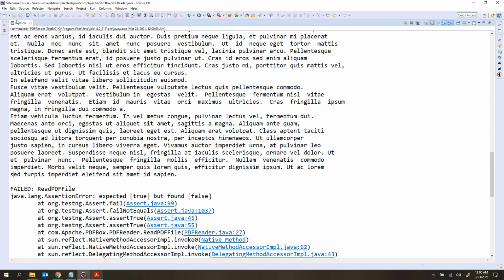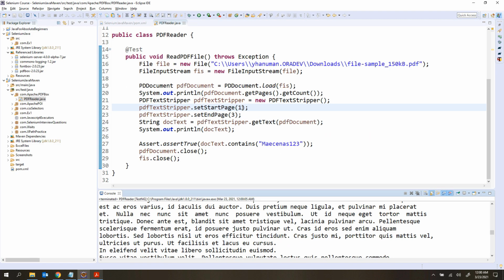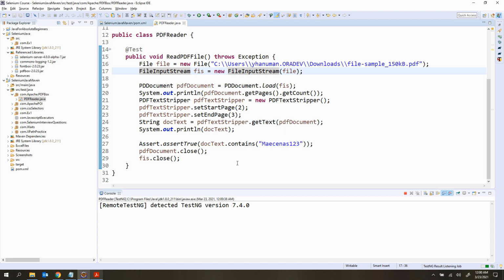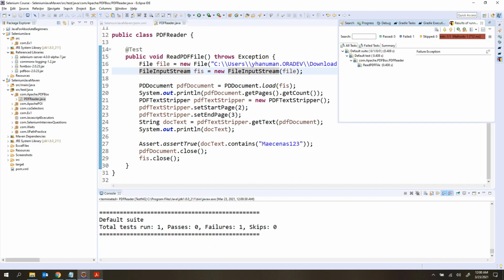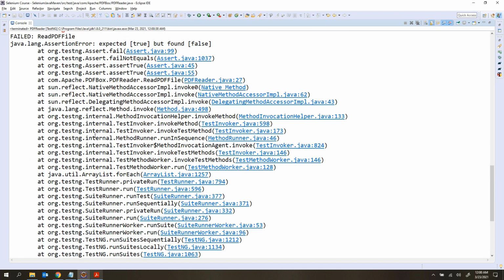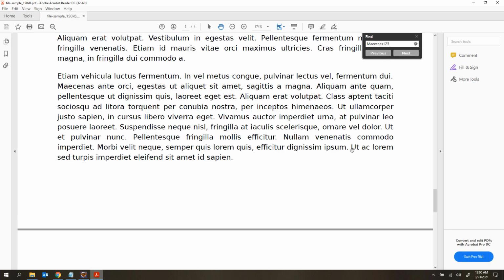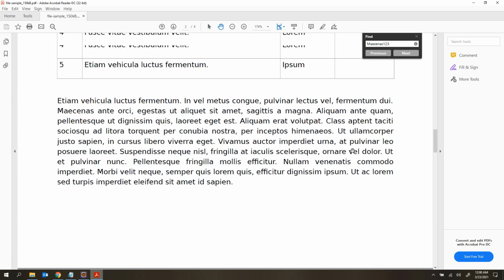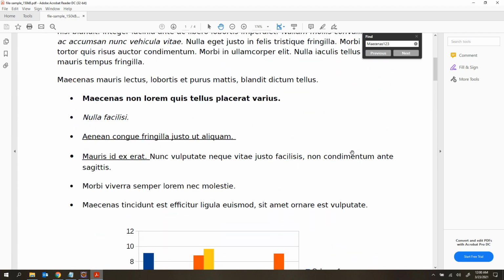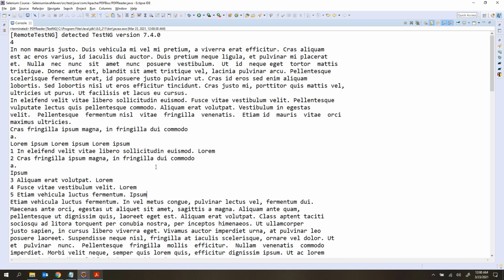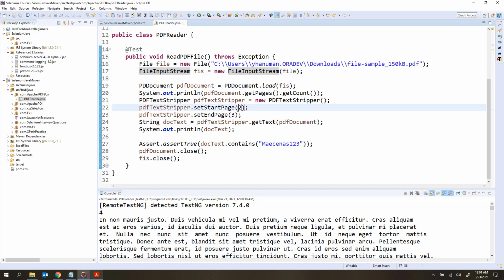If you want to get only from the 2nd to 4th, that is also possible. So 2nd to 3rd, okay? Let me run this. This time the column, row and all should not be present. Here you can see those values are not present, right? The columns and rows and all are actually present inside the first page. Now I have only given 2 to 3. That means 2 and 3 only will be printed. So these values are not coming here, right? This is how you need to read the data from the PDF file, guys.